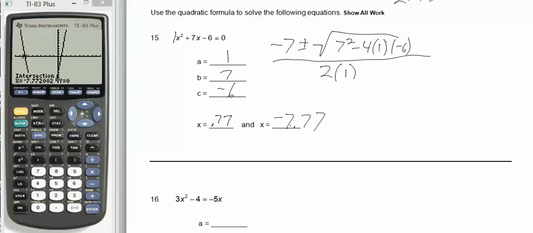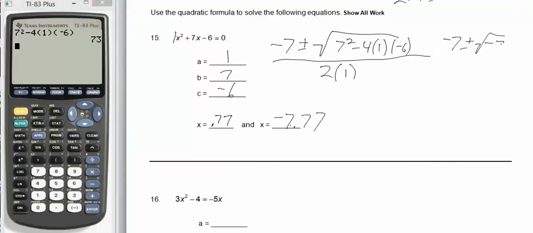So I always do this first, and I would have 7 squared minus 4 times 1 times negative 6. So minus 7 plus and minus the square root of 73 all over 2. So I would just put in the calculator minus 7 plus the square root of 73, enter, and divide by 2. Then minus 7 minus the square root of 73, enter, divide by 2, and I would get those same